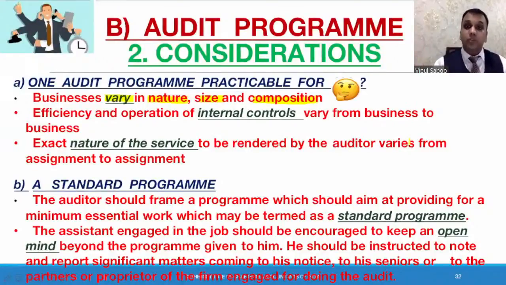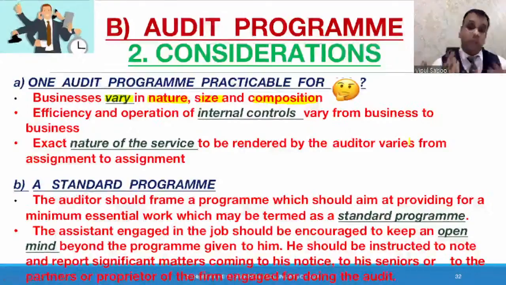Size of the business. We take the example of a hotel. There are 5-star hotels, 4-star hotels, to no-star hotels. The size varies because as the stars increase, the components increase. And as the components increase, the work increases.